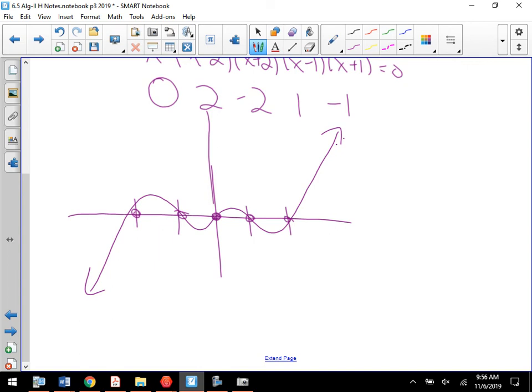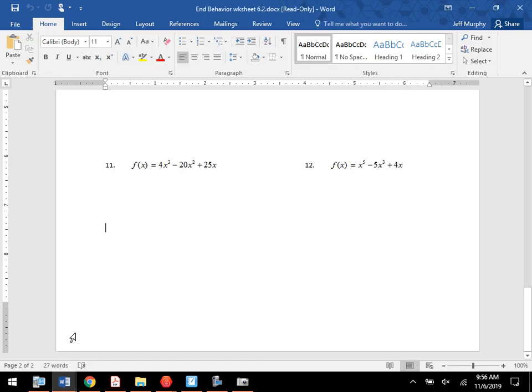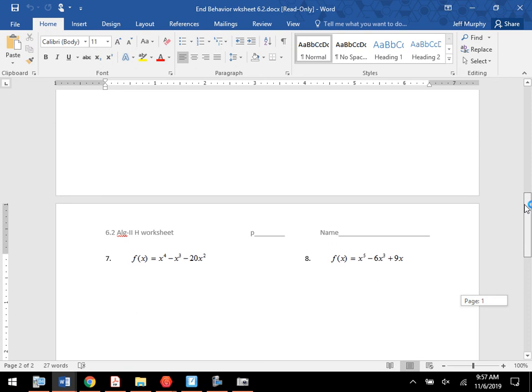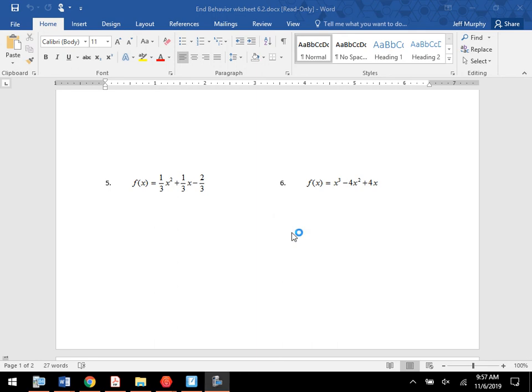Okay. Also, there was one in here that we dealt with multiplicity. I forget which one you had that. Do you guys remember which one of these had the multiplicity? Top of your head? Yes, the bottom right now, number 6. Yeah, number 6 had that. So again, just as a reminder,